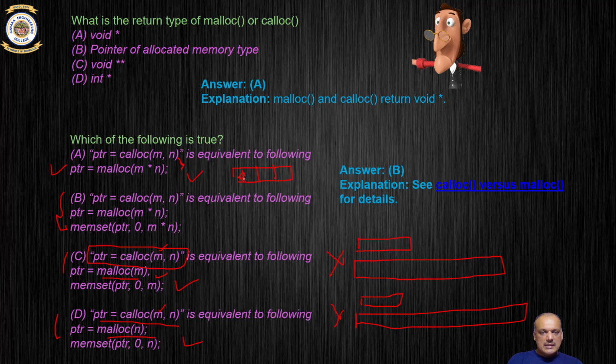And this is different because they allocate the memory of the same length, but this initializes it with 0 and this doesn't initialize it with 0. That is the difference out here. That's why it's not equal. Whereas this, both of them allocate memories of the same length. The calloc initializes them with 0, and the memset does that for the malloc function. So this is the right answer.